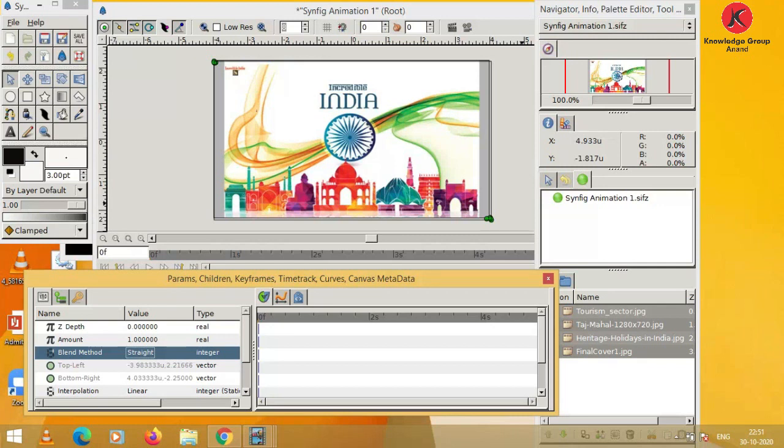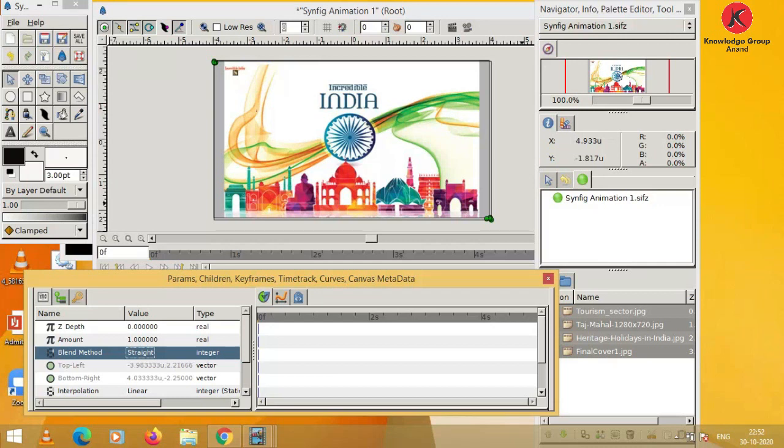After setting the blend method property, we now need to work with the amount property. But unlike blend method, the amount parameter cannot be set collectively for all the layers. We need to work with the amount property for each layer individually. Here we need to convert the amount property to time swap.